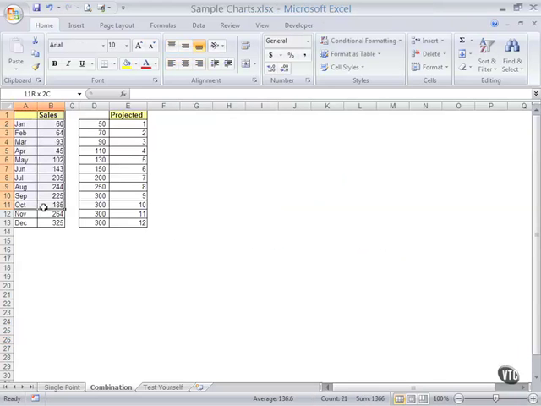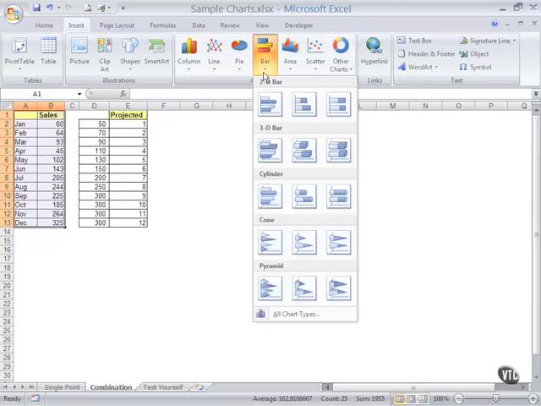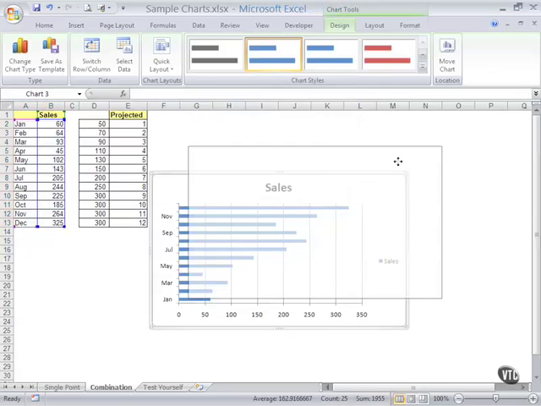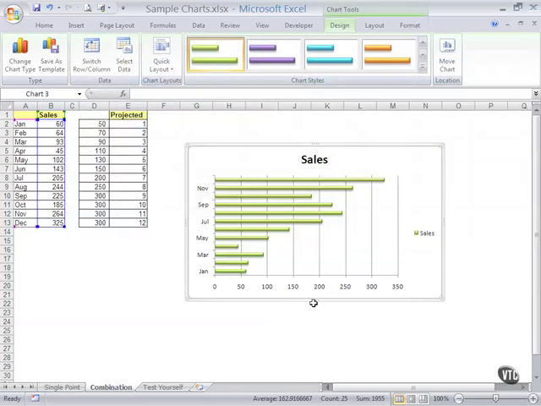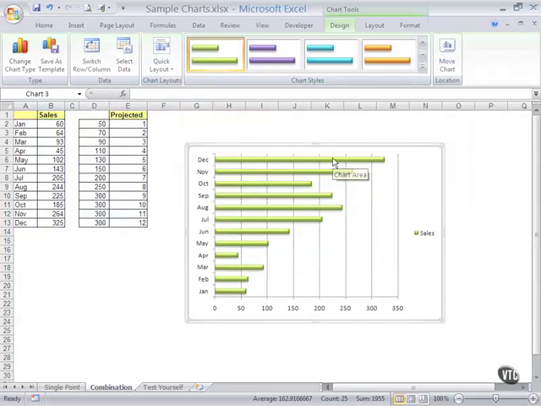As always, I'm selecting the data that I'd like to chart, and I'm going to insert the appropriate type of chart, in this case a bar. Now notice, I did not try to choose all the data, but simply the one section. I'm going to just simply put in a clustered bar where you notice I have a flat screen. In 2007, of course, we have the ability to put in lots of different graphics to really highlight our screen. Now I'm going to go to Sales and simply delete the word Sales to give us more visibility